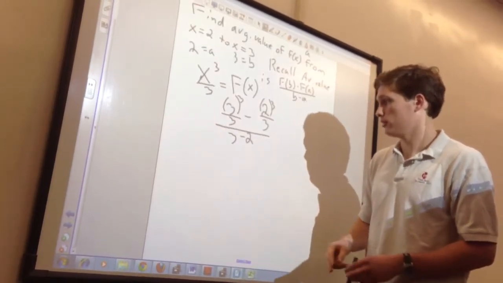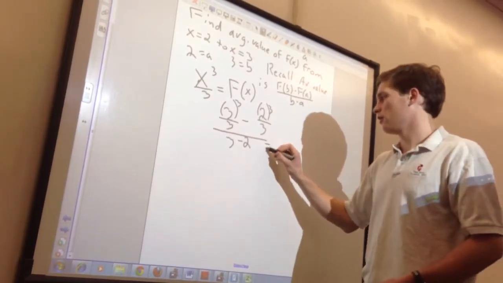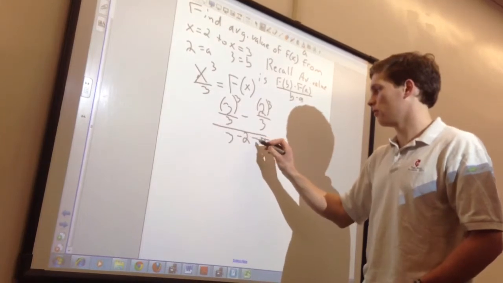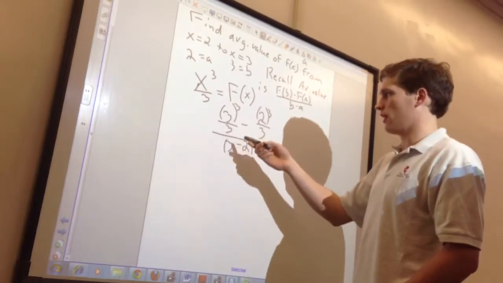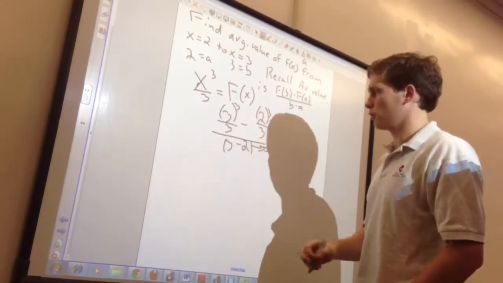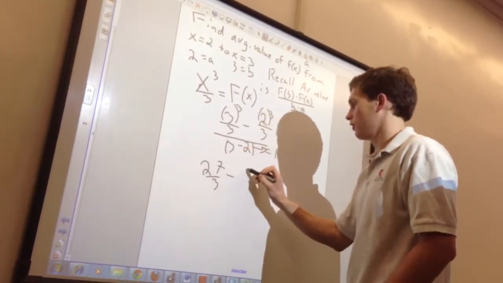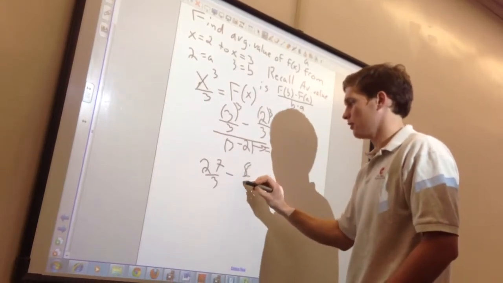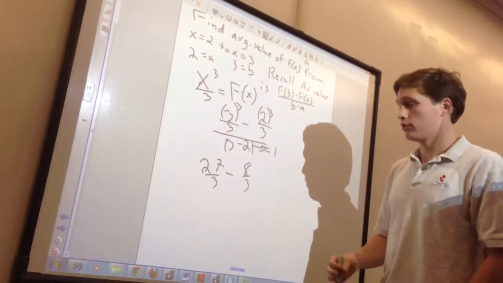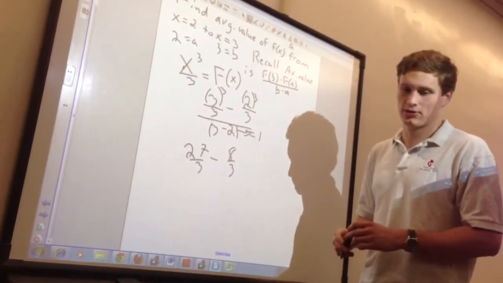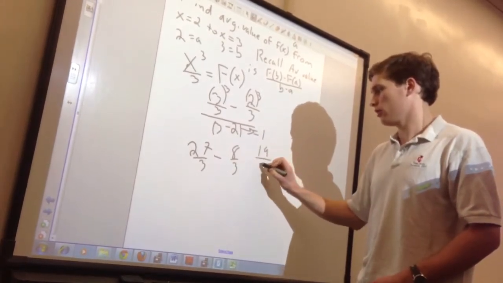I'm going to extend the page a little bit to give myself a little more work. This, we know, is just 1, so we can ignore that. Anything divided by 1 is itself, so all we need to do here is evaluate 3 cubed over 3 minus 2 cubed over 3. So that's 27 divided by 3 minus 8 divided by 3. The simplest way to do this is to just leave the denominator, so we don't have to deal with nasty fractions, or even break out a calculator, and we can just get that 19 over 3